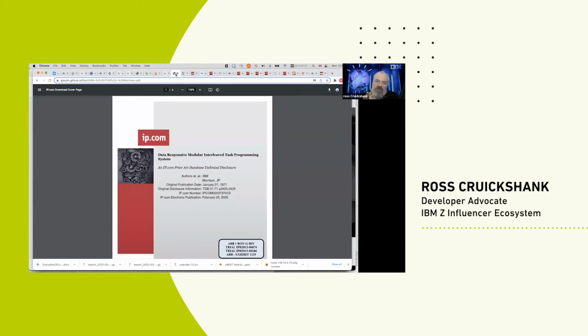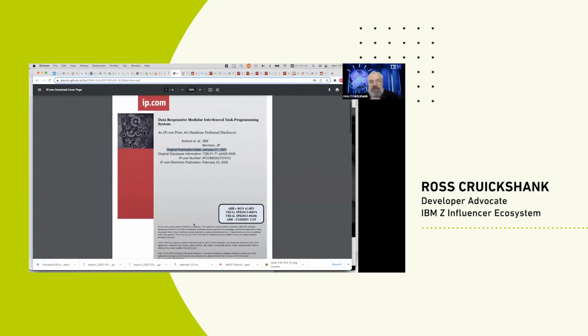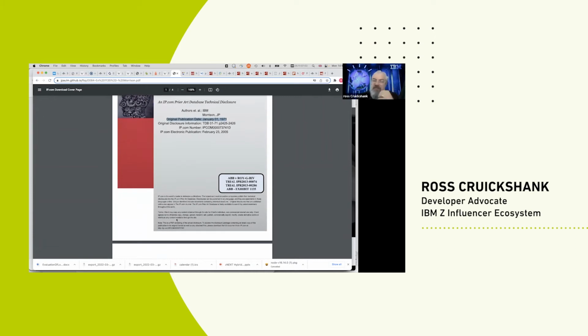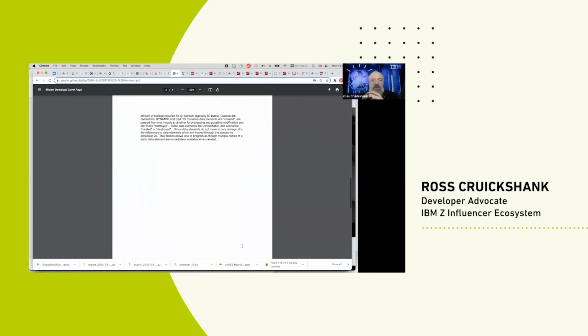There's a guy called Paul Morrison who worked for IBM, published a paper back in 1971, which was about data responsive modular interleaved task programming system, which clearly tells you that this is about flow-based programming. It's a really short paper, but it's about how to model systems, because he built simulation systems with IBM, how to model and simulate systems, and then realized that